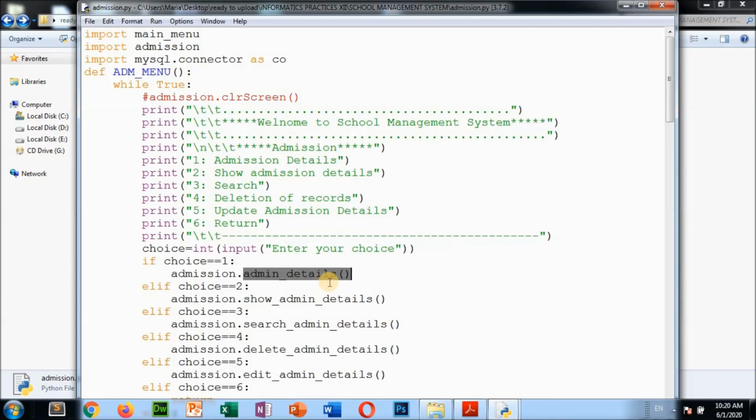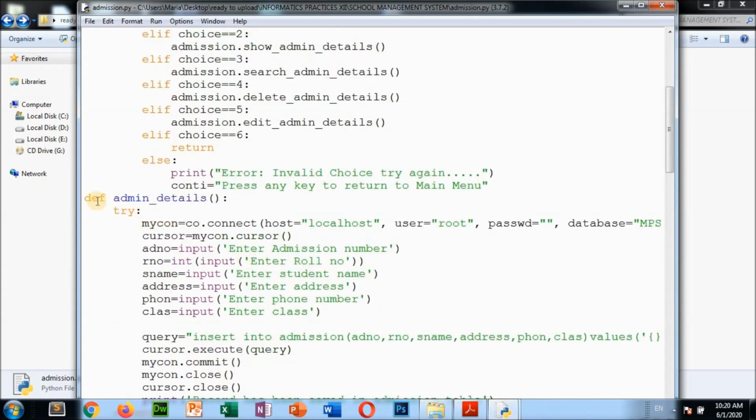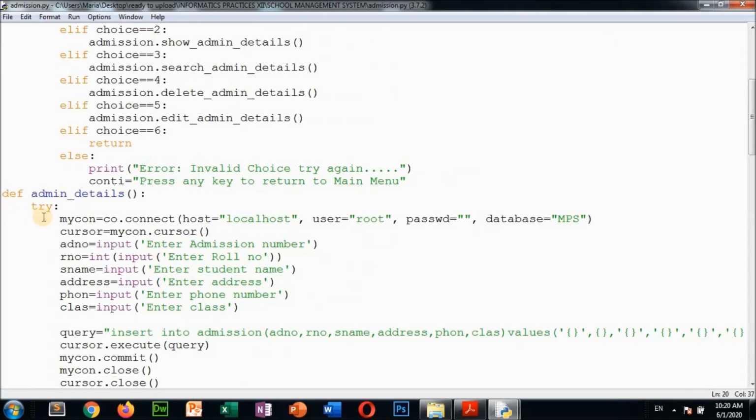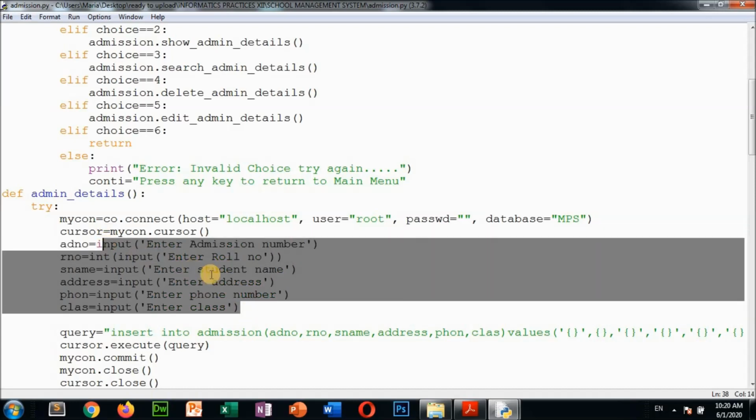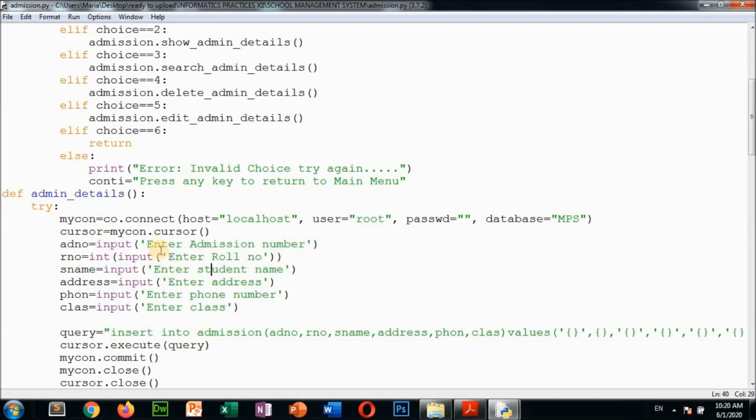adm_details. So go down here, see, I have created another function here. The function name is adm_details. So what do we want to do here? Here we want to do, see, enter admission number, enter roll number, enter student name, enter address, enter phone number, enter class. That means we are going to insert one student's record now, right? So where are we going to enter these records? We are storing these records here in these different variables, right?